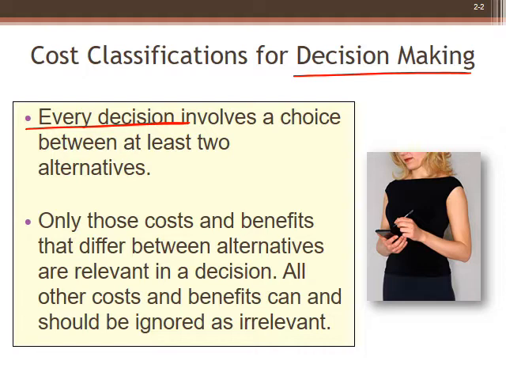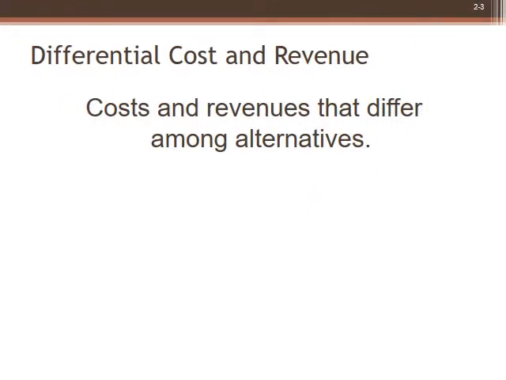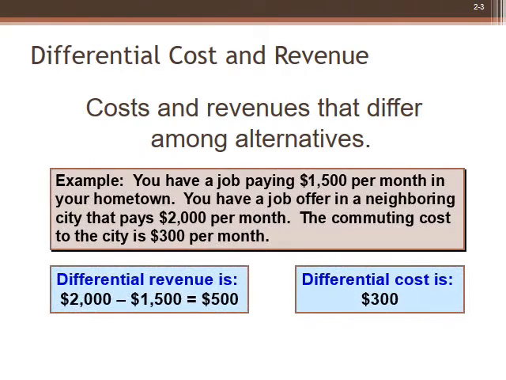So in order to understand this concept, it is important for you guys to understand the three concepts: differential cost, opportunity cost, and sunk cost. So let's move further. So differential cost and the revenue. The cost and revenues that differ among alternatives are called differential cost. So an example will include that